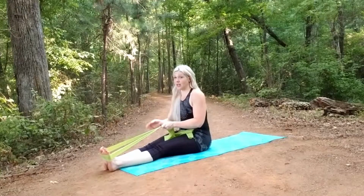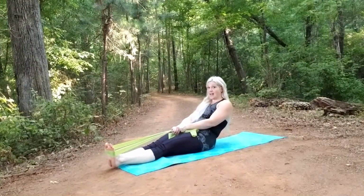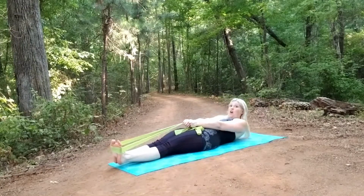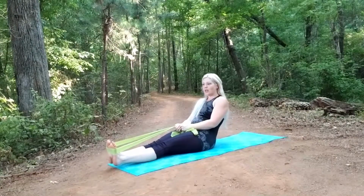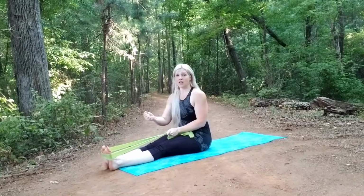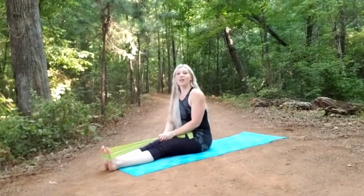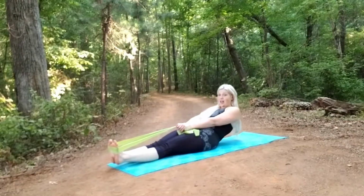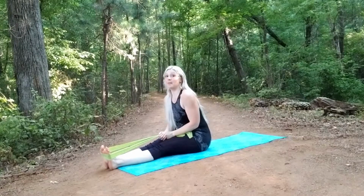So I'm holding pretty tight, and this is what it's gonna look like. So we're coming back, trying to keep those feet down, and it's hard. Laying all the way down, and then rolling all the way up, trying to control the feet because the band's really wanting to move it. All right, so let's go ahead and do our 10 here. So let's go. So roll down, pull up. 1,